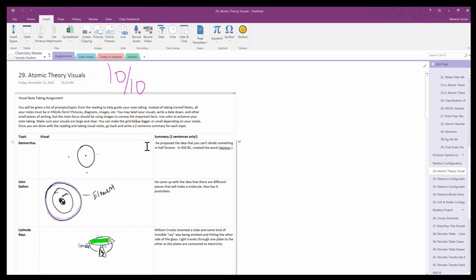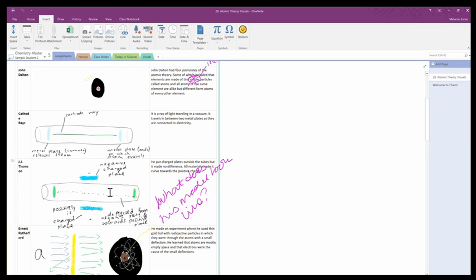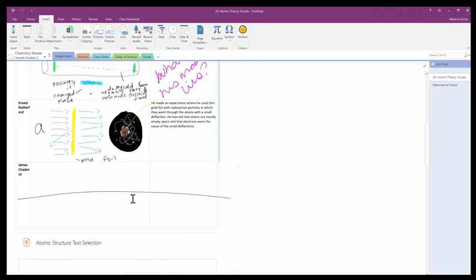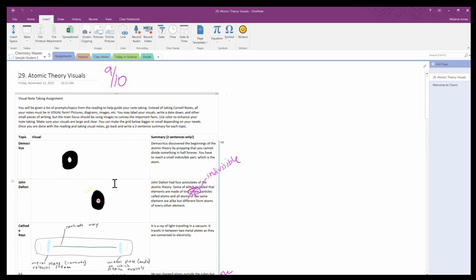The cool part about this is, I'm looking at this student's notebook, and as I'm looking at it, I can grade it. I write the score up here, and this saves, that 10 out of 10 will be saved indefinitely. We can also look at a second student's. This one's a 9 out of 10 because there's an issue with the actual model that was drawn here. So as you can see, I have access to all the different students' work,